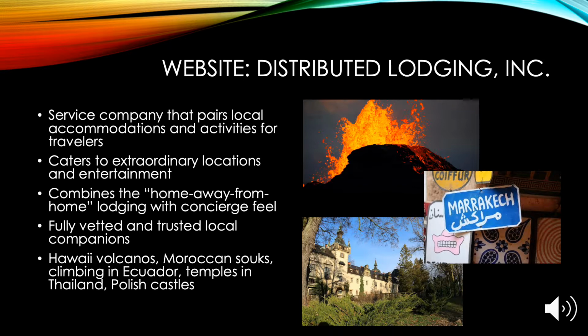Website: Distributed Lodging Inc. The client in this demonstration is Distributed Lodging Inc., a fictitious company. Although not a real company, actual campaigns were run in Google AdWords in order to provide data for this presentation. Distributed Lodging Inc. specializes in extreme vacations with local activities and hosts, aimed at providing a home away from home with a friendly concierge standing by to help navigate local customs, find delicious food, and suggest safe and entertaining activities